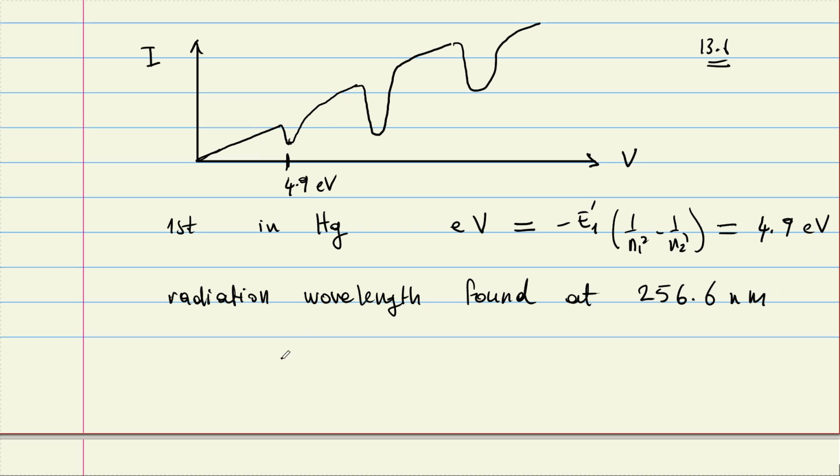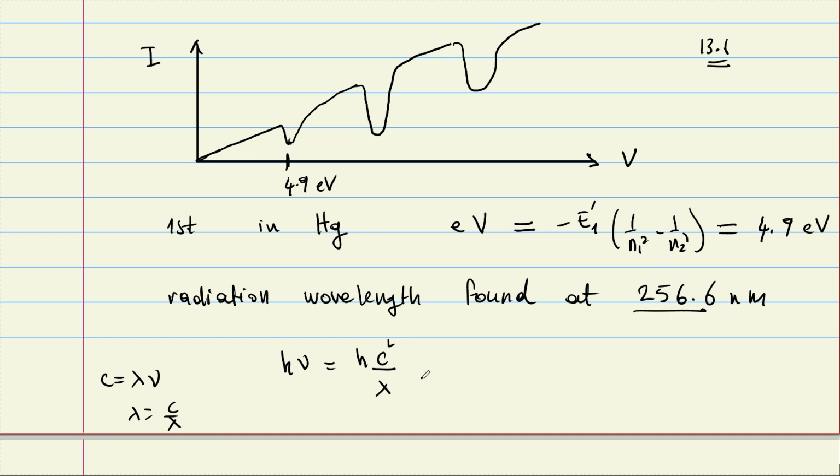If I do the following, h nu is the photon energy, which is h c over wavelength. How do I know that? I know that because c is equal to lambda times nu, right? And nu is equal to c over lambda. And h is a fundamental constant, c is a fundamental constant, right? And lambda is given to be this,